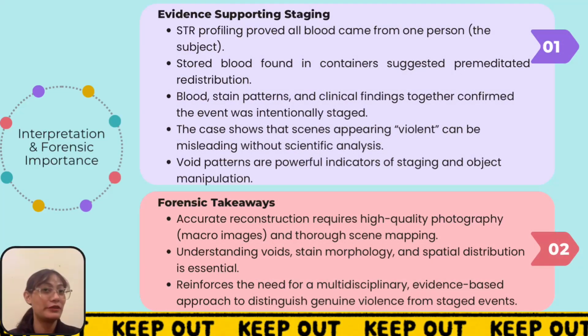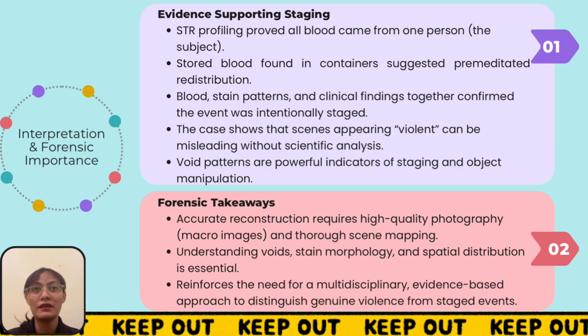Next, in terms of interpretation and overall forensic importance, DNA profiling played a major role. STR analysis confirmed that all the blood came from one person, the subject himself. Investigators also discovered blood stored inside a container, strongly suggesting that the blood had been collected and redistributed intentionally. When these findings were combined with the clinical examination and the morphology of the stains, it became evident that the event was entirely staged. This case highlights how a scene that appears extremely violent at first glance can be misleading